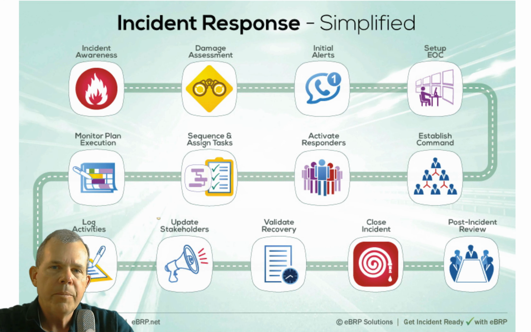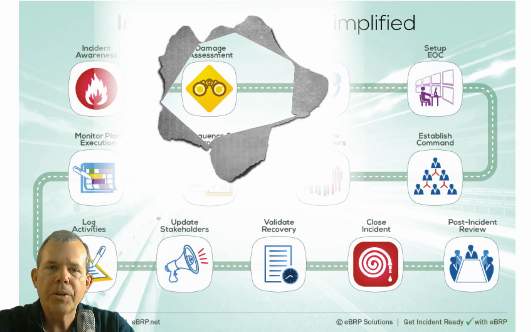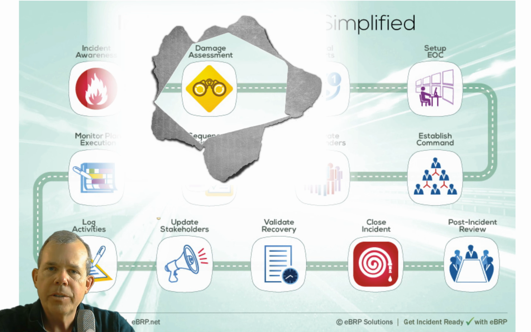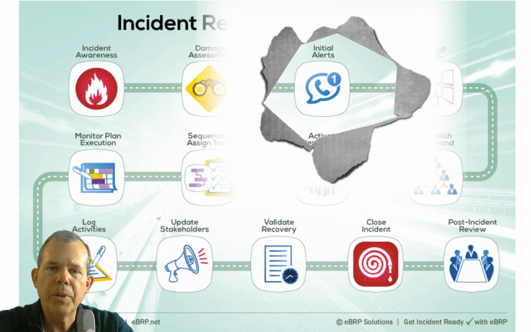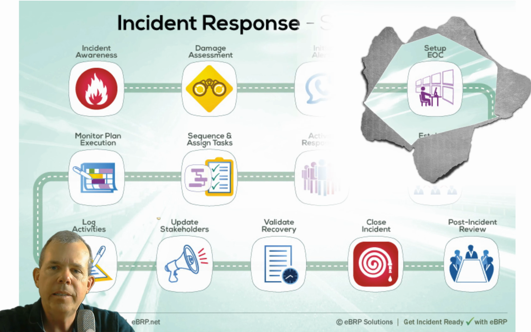So if you work with a medium to large size organization, there's going to be some kind of a plan that looks like this. We're going to have an ability to have an alert. An incident has occurred. And then we're going to do damage assessment. We're going to say, hey, we've lost the network, we've lost the data, we've lost the factory, we've lost something. And then you're going to alert the people that are on your list. So your plan should have a contact list. You're probably going to contact the leadership, the police, the emergency responders, and of course the IT people.